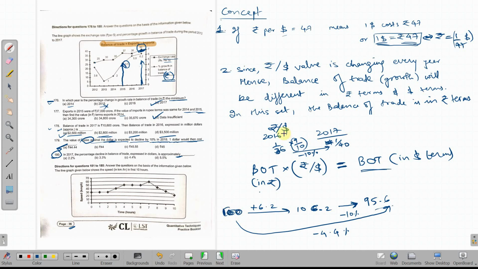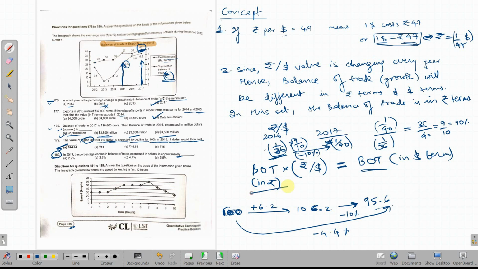So you can use some simple numbers, and you just need to understand this concept. First of all, the important concept over here was how would you evaluate the percentage change from 1 by 36 to 1 by 40. One way to do it would be, you take the final upon initial and see how much is the change. So 1 by 40 upon 1 by 36, final upon initial, this comes out as 36 by 40, which is 9 by 10. Final upon initial is 9 upon 10, which is nothing but 90%. So I'll say, अच्छा, from 1 by 36, 1 by 40 is a 90% value. इसका मतलब it has decreased by 10%.